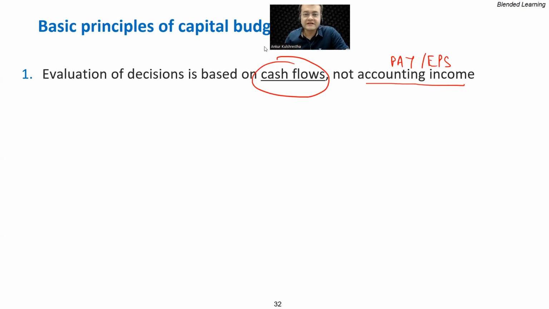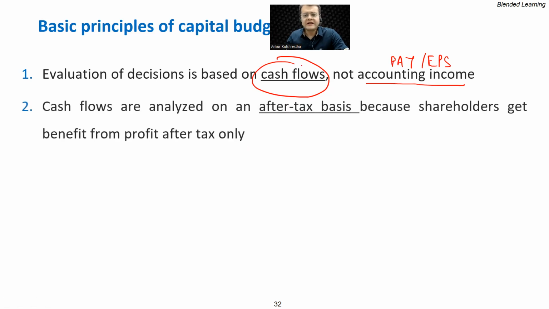Therefore, we base ourselves in cash. And you see, in corporate finance, we also have a point where we say that cash is the king. So this is where the cash comes into the picture. The second principle is that we got to analyze all the cash flows from an after tax basis, which means,